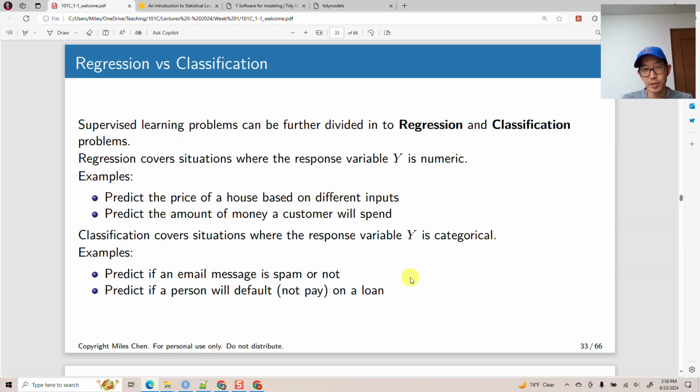Another thing is trying to predict how much money a customer will spend. If you're a store like Amazon or Target, you've got a website and you're trying to predict how much the customer might spend. Or if you run a subscription service like Netflix, you might try to predict how much can we bump up the cost of the subscription and people will still subscribe, and things like that. So that's regression. You're trying to predict a number,